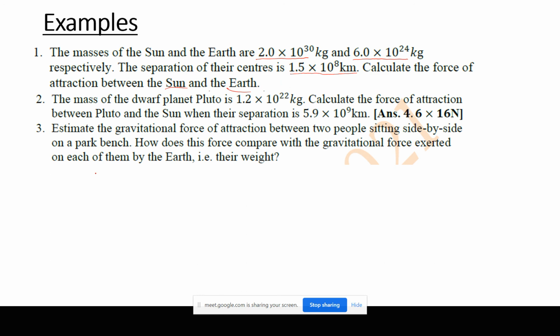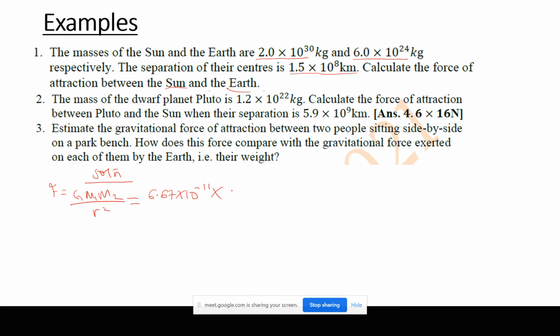I'll use this space for the solutions. I hope it will be enough. So here we are just going to use Newton's law of gravitation, where the force between two masses depends on the product of the masses, m1, m2, divided by the square of the separation between the two masses. We want the force, so I'm just going to substitute. Remember, G is called the universal gravitational constant, which is